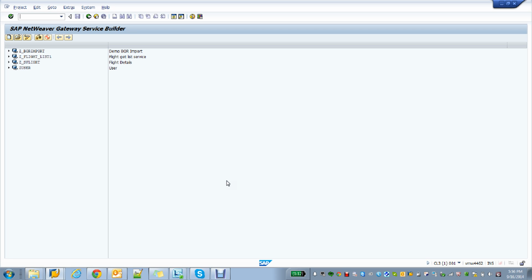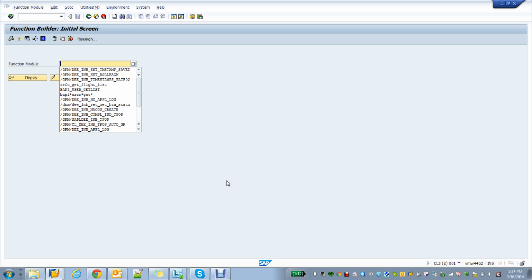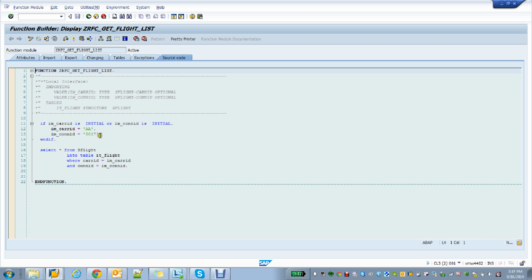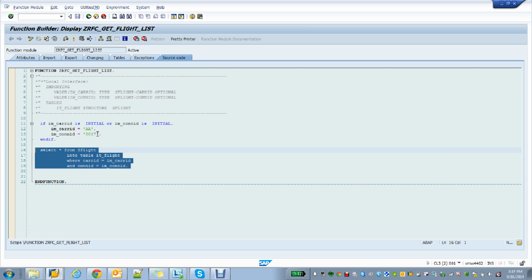create our gateway service. So for this, I created a simple RFC remote-enabled function module, and I'm going to use that remote-enabled function module to create a gateway service. The transaction is SE37, and I have already created it. What this remote-enabled function module does is fetch the data from the SFLIGHT table and